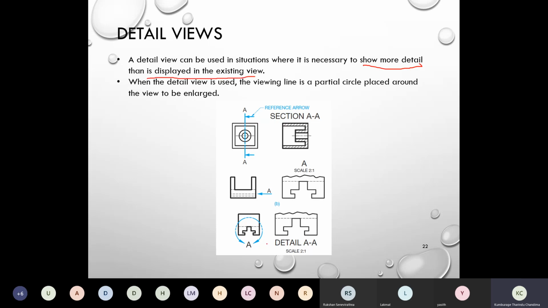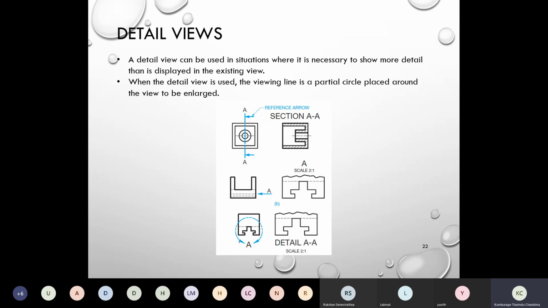For example, consider this feature. It has a very complex shape, but when you create this front view you cannot put all the dimensions here. So what you can do is